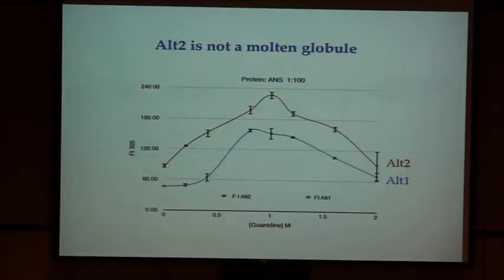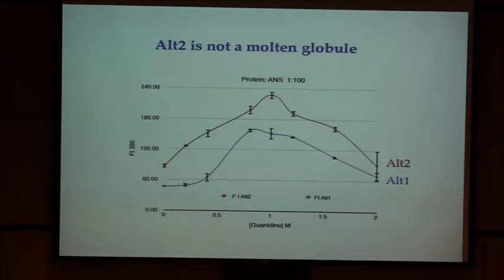to unfolded patches that form only in molten globules. And we compare this without the presence of guanidine and in presence of guanidine to know the behavior. Well, L1 is the blue line and L2 is the red. The only thing that we look is that L1 has lower fluorescence